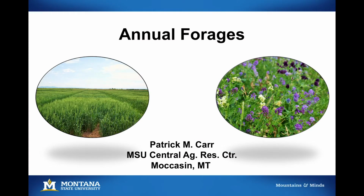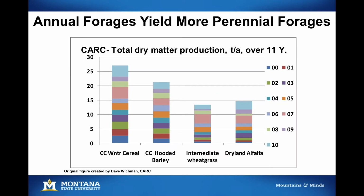Annual forages have a fit on Montana farms. Why consider an annual species like winter wheat compared to alfalfa and other traditional perennial species? Research across an 11-year period at the Central Agricultural Research Center, CARC, near Moccasin, indicates that annual species tended to